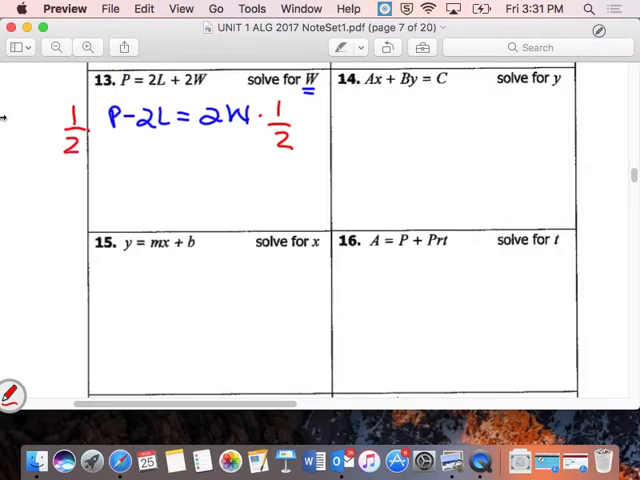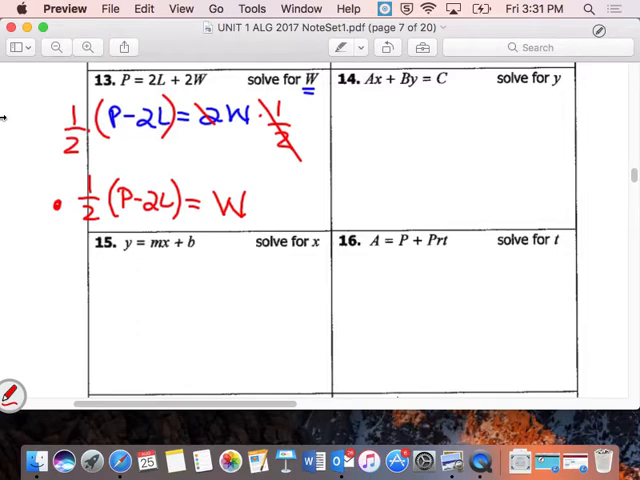But the trick is, since I've got this expression, p minus 2l on the other side, I need to put it in parentheses so that both terms on the other side pick up the factor of 1/2. So I've now isolated the w on the right-hand side, and then on the left-hand side, I can present my final answer like this,